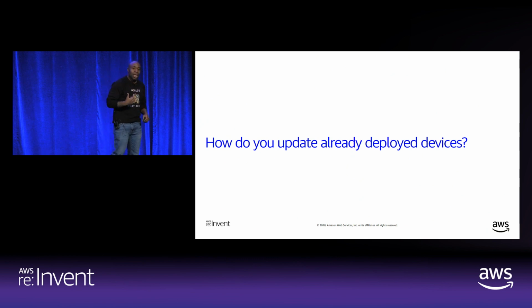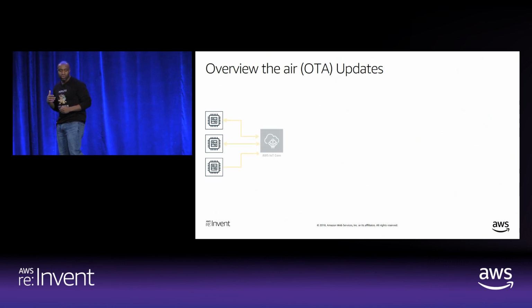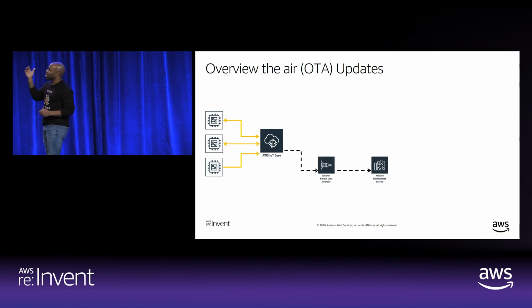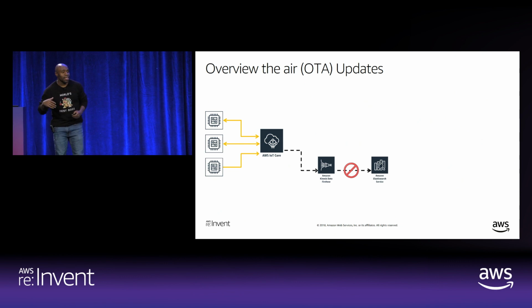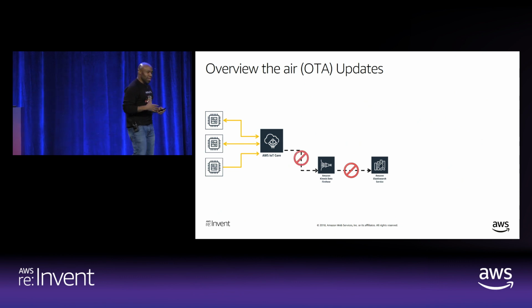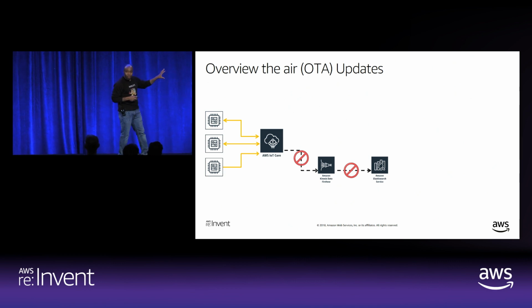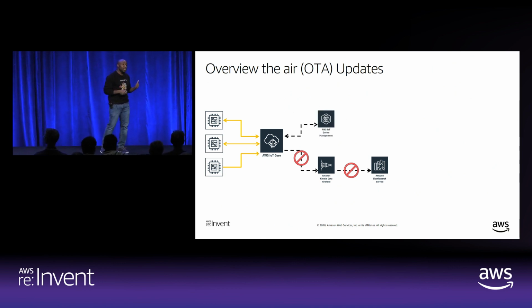And the last table stake is being able to do OTAs. And again, this is important because even if you have this single region resiliency with all your downstream services connected to AWS IoT Core, you might be sending data in, and everything's working fine. For some reason, one service starts to be impacted, but again, you've got single region resiliency, you're doing great. Then you start realizing other things start to be impacted, and you're like, holy crap, I really need to move these devices. Since in this example, AWS IoT Core isn't impacted,